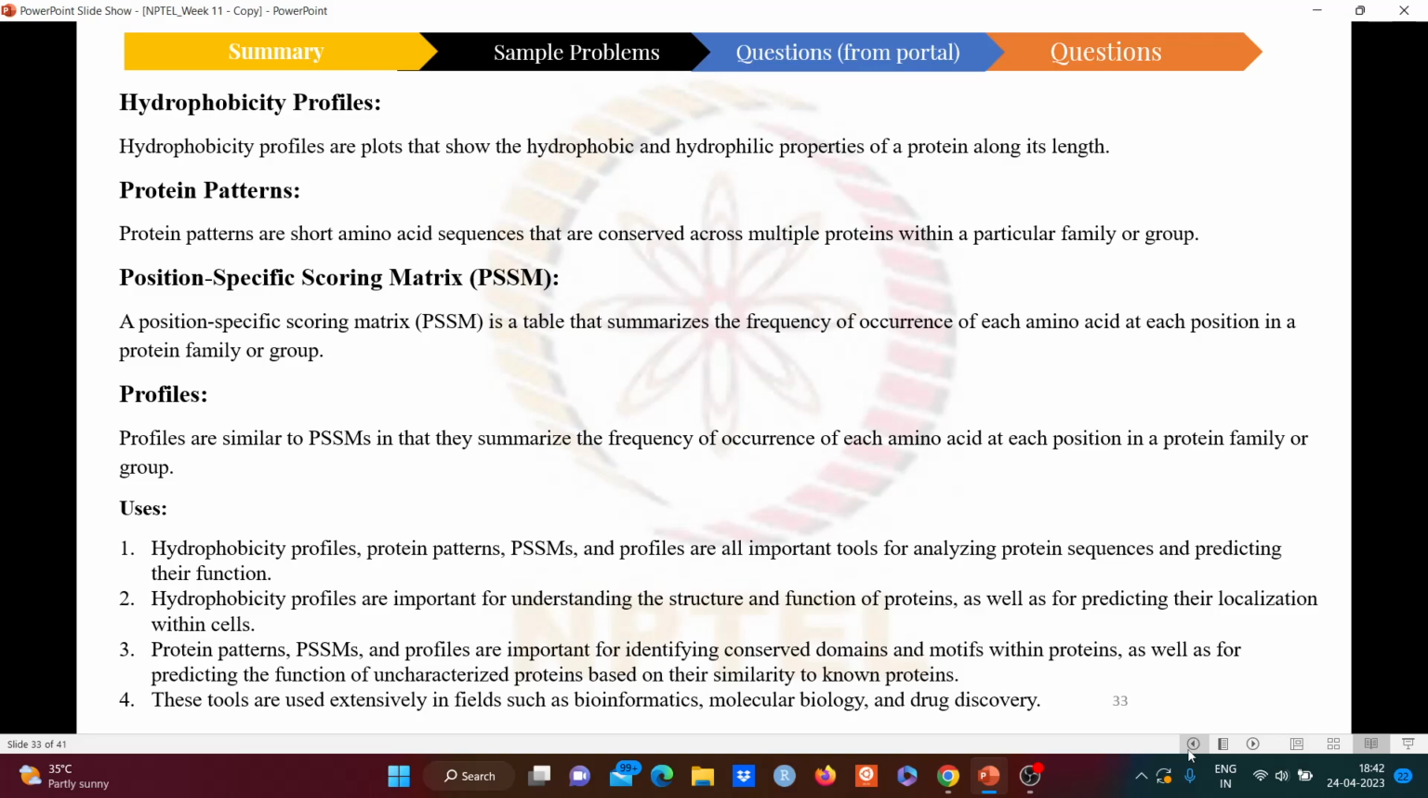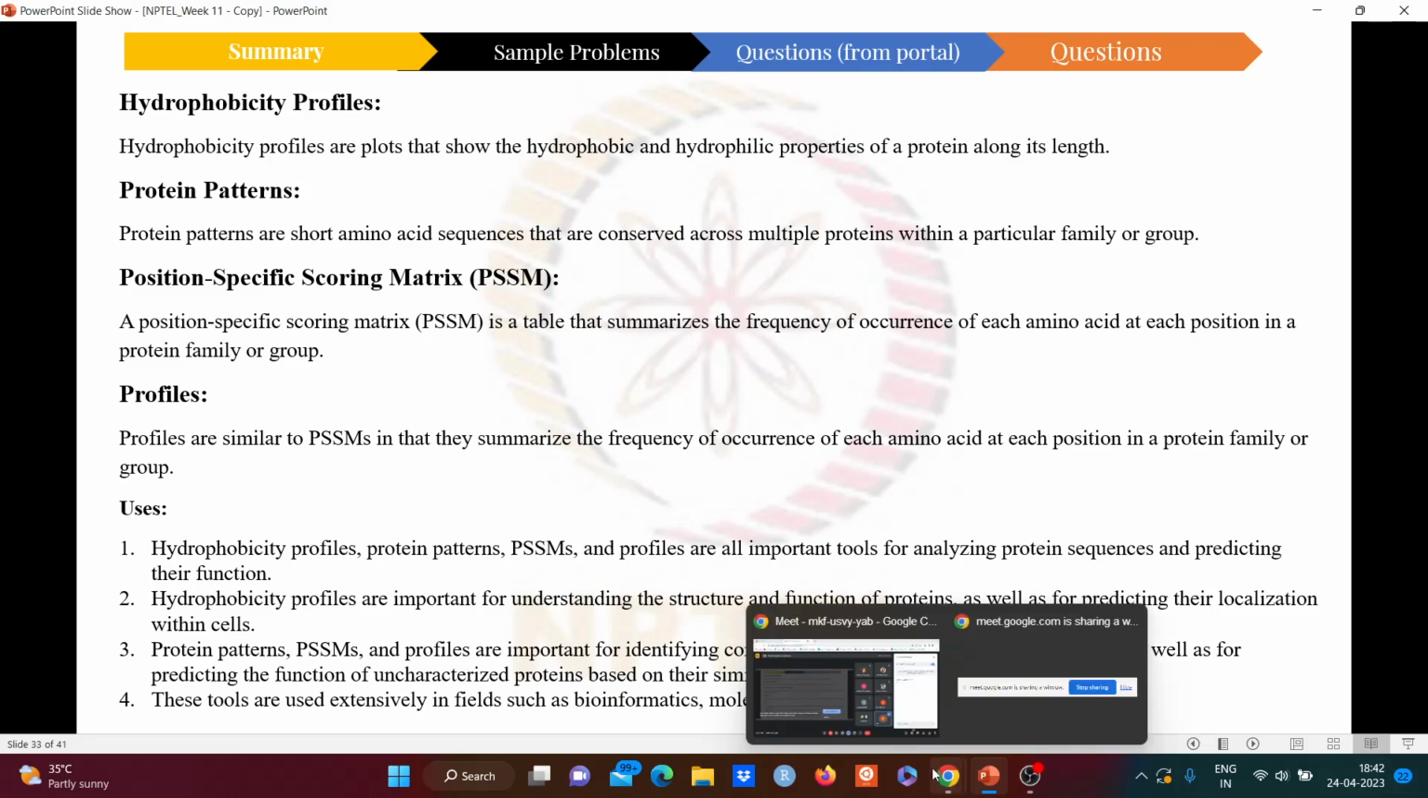Next is protein patterns. Protein patterns are short amino acid